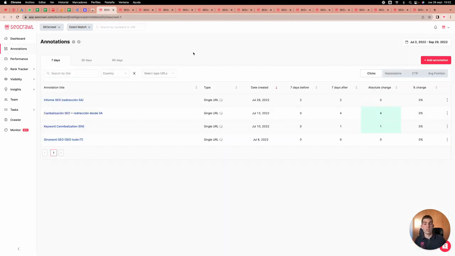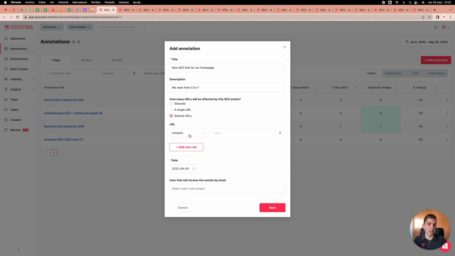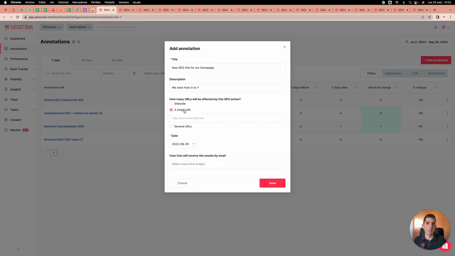Going to the annotations, this is probably, as I mentioned, one of our most important products. And how does it work? It's super easy. We add an annotation and we say: new SEO title for our homepage, we went from X to Y. And then the system asks us, how many URLs were affected by this change? Globally, single URL or several URLs? We have regular expressions, matches, differences, whatever you need. But in this case, it would be a single URL,